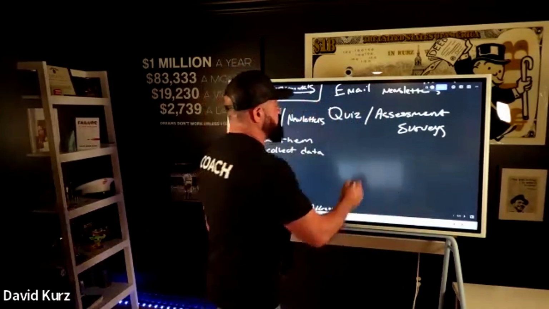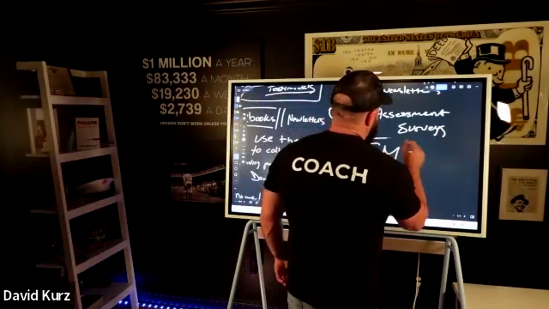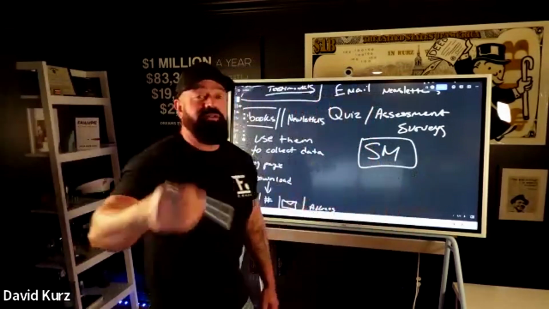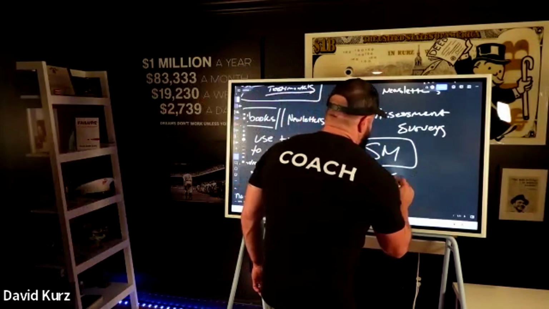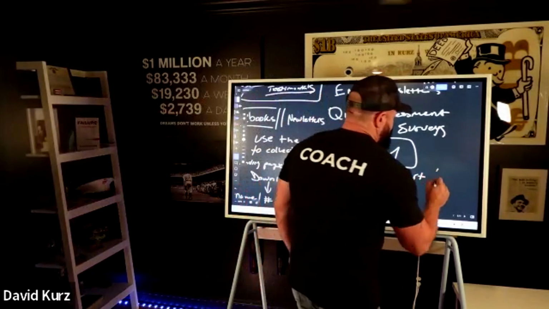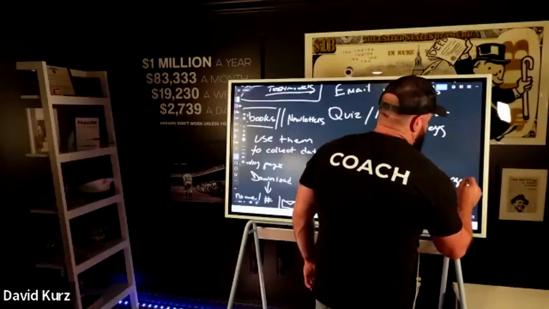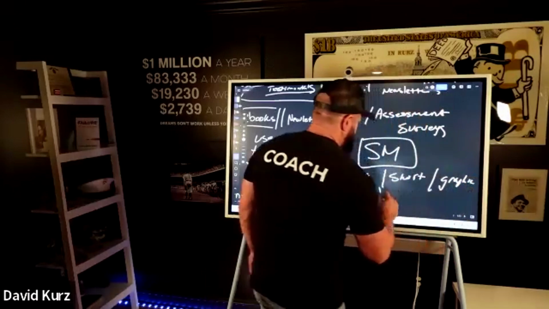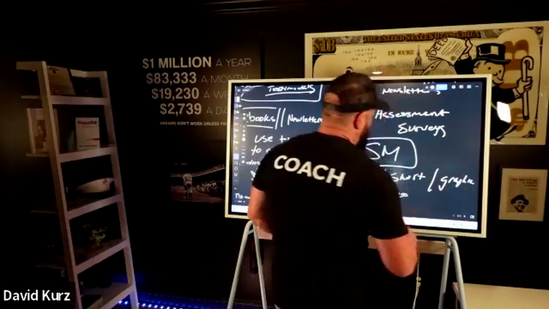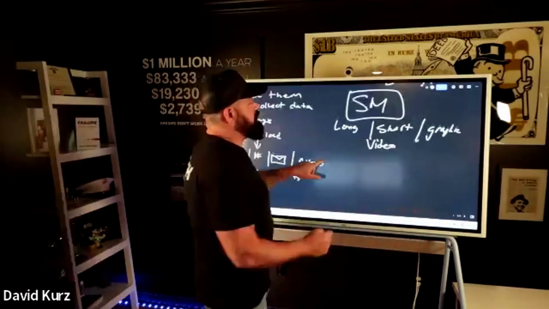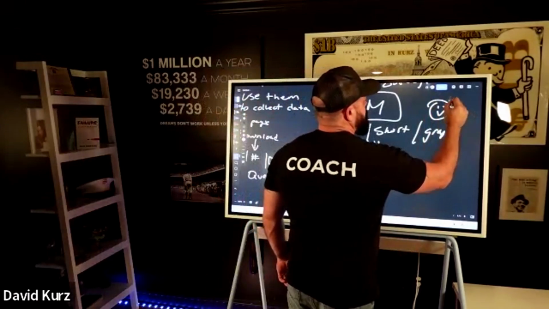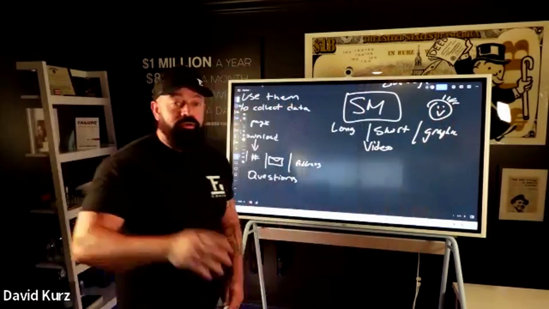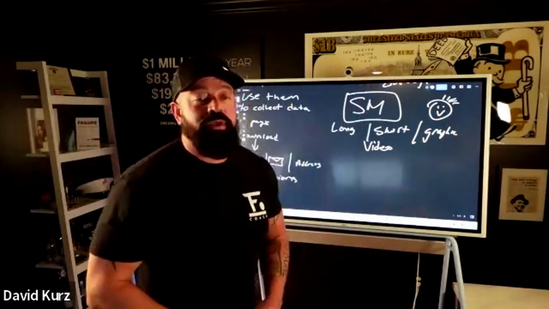So social media posts. All right. There are different types of social media posts, and we're going to dig into this a little bit later, but there's long form, there's short form, there's graphic, like photos and stuff like that. There's video, okay? All of these things are attention getters, right? They make people pay attention to you, okay? And so they're paying attention to the content that you're putting out there.